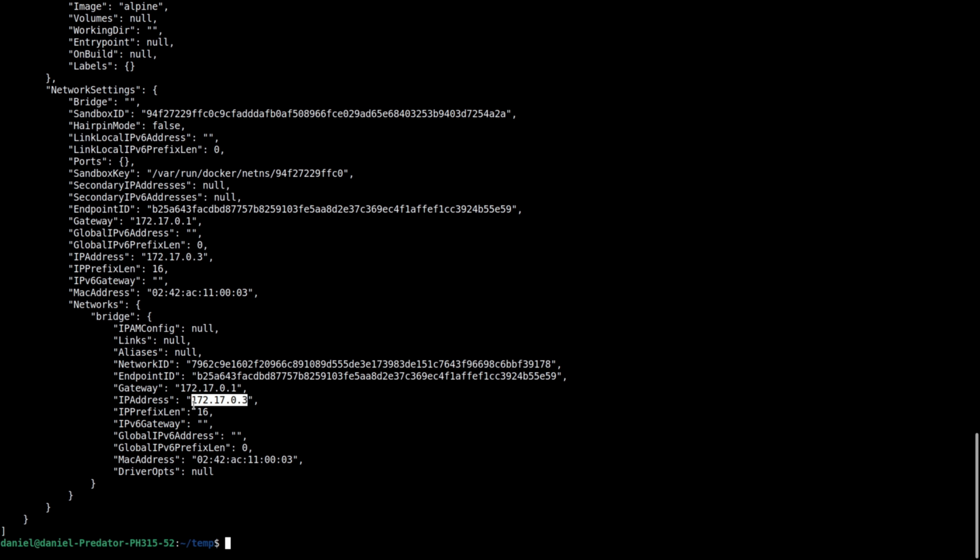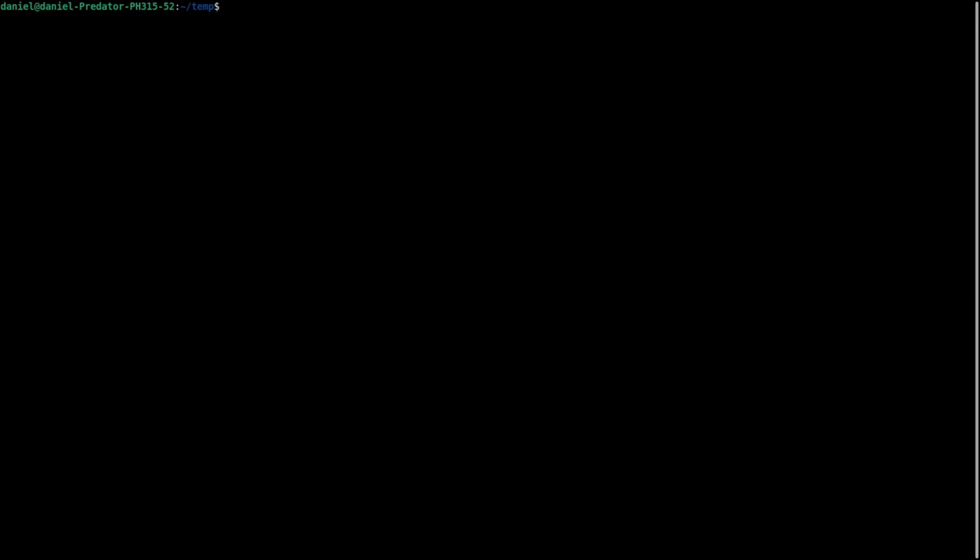So as you can see, we can look for the IPs we have for each container manually by inspecting either the network or the containers directly, or we can do that by entering inside the container and using a Linux command called ip address show. But that's only if we are inside the containers by using the exec command,